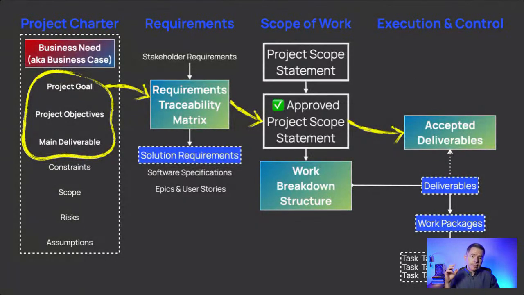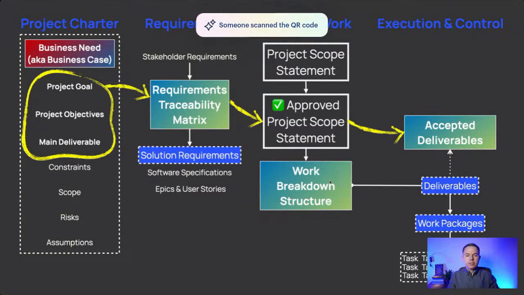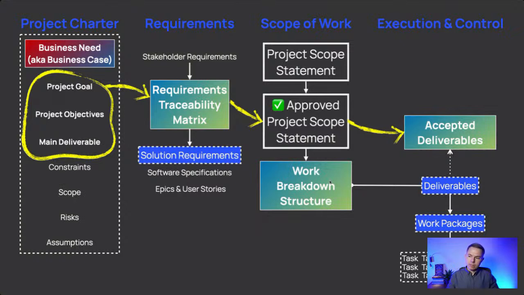So project charter and requirements traceability metrics are the most searched for tools, because project managers believe that these tools will help them avoid scope creep, avoid changes from customers who always want to change things for free without understanding the impact of changes, and so on and so on. And the biggest mistake that I see people make is that when they learn about these tools from PMP certification, from books, from any other places, they go and create them as separate